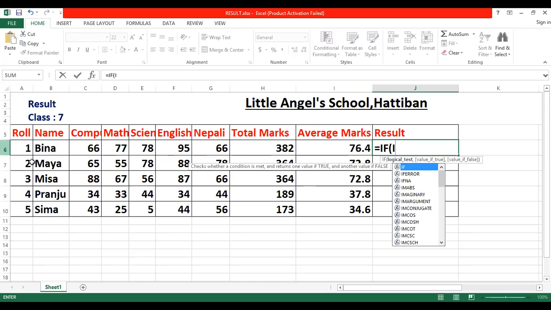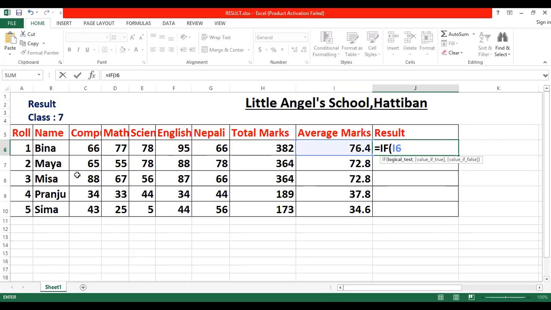You see here I6 is greater than or equal to 40, comma, then "pass", comma, double quote, fail, double quote, close. Yes, by this way you can give the formula. Yes, she is pass now because she is getting more than 40 average marks. That's why she is pass.